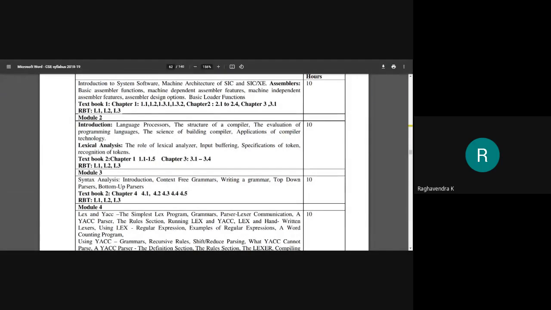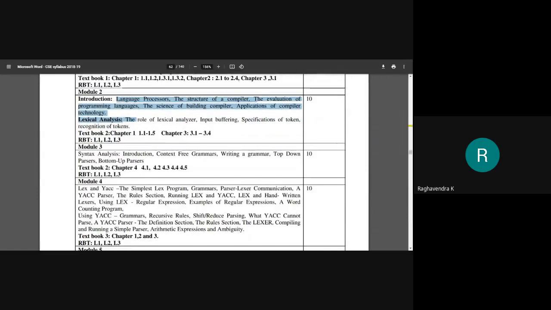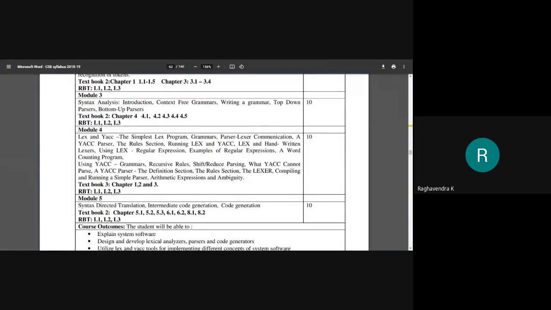Then in module 2, we will be focusing on the compiler, and from there, module 3 will cover the basic aspects of the compiler.